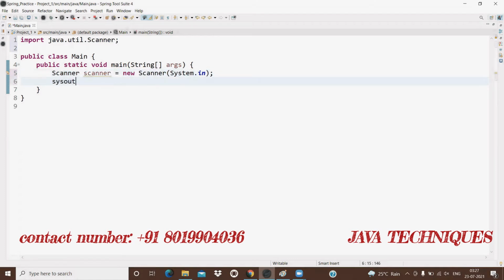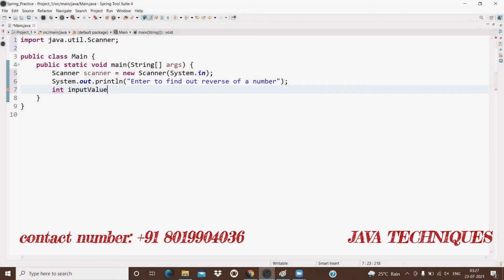After that, we are providing a user-friendly message, that is, enter a number to find out its reverse. To hold that number, I'm taking one variable, that is input value.